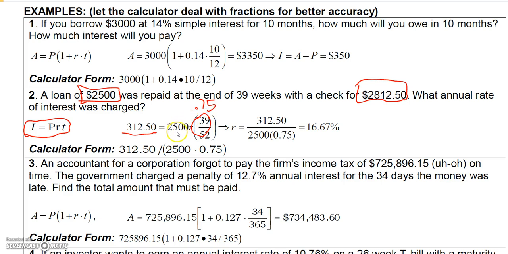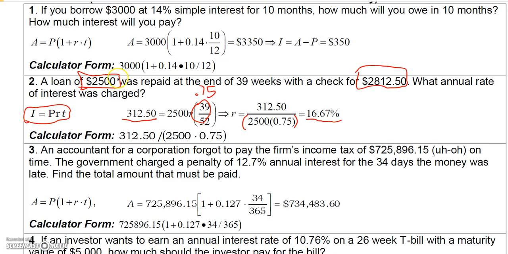So now I have 2,500 times R times 0.75. To isolate R, just divide both sides by 2,500 times 0.75, and I'll get 312.5 divided by 2,500 times 0.75. When you put this in a calculator, put parentheses around the entire denominator. And that came out to be 0.1667,